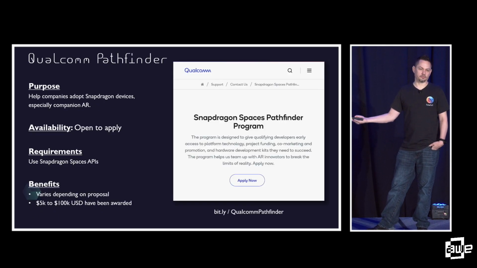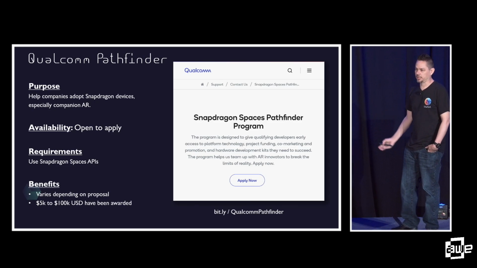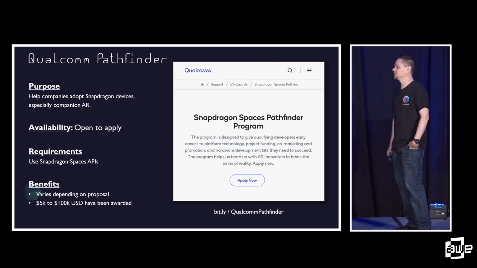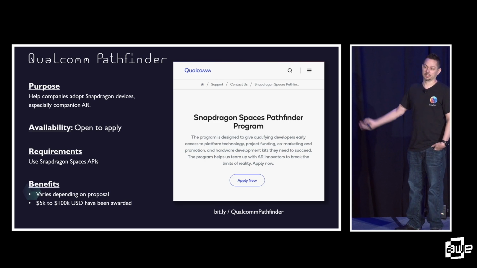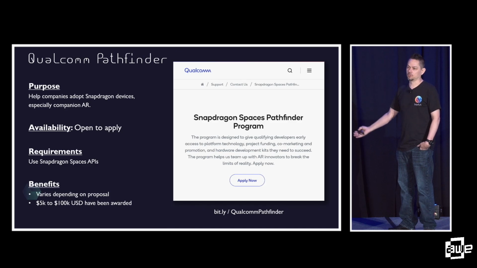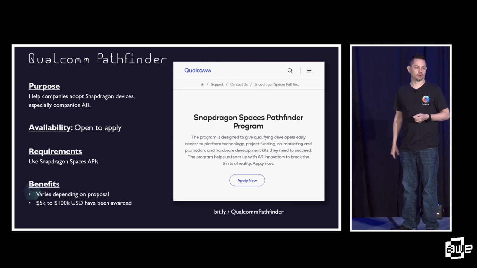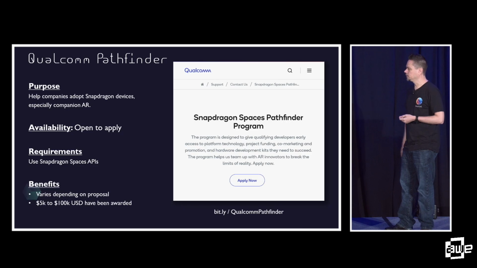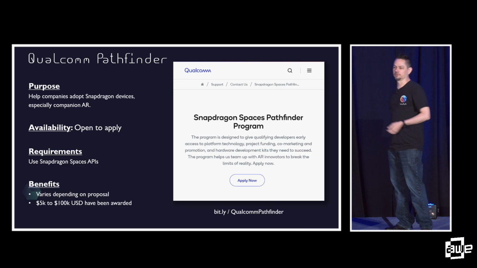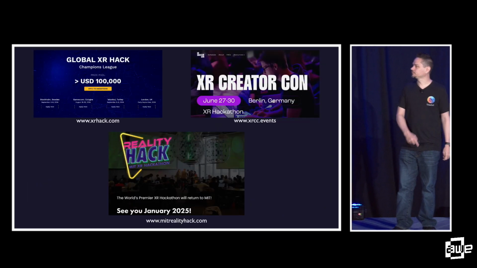There is Qualcomm Pathfinder. It's been around for a long time. You can submit for it still today. I know that this project is, I don't want to say it's on pause, but there's a lead time for getting funding in this, and this is more about Qualcomm devices. So if you want glasses on phones, or if you're really looking for enterprise, this is a path to talk to Qualcomm about some funding. And of course, different devices, different platforms, which is part of why we're talking about portability today.